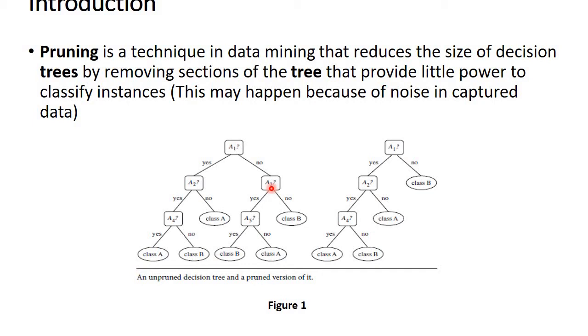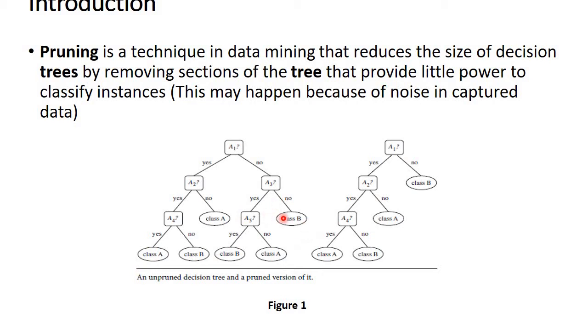I repeat once again. If I have 5 attributes A1 to A5, the attribute with the highest information gain is selected as the decision node. In this case, A3 was selected as the decision node because it has the highest information gain. Now, if I put a threshold saying that the attribute which has the highest information gain should have information gain more than 0.4, then maybe A3 did not succeed in that factor, and that's why the construction of the tree has been halted in this case.